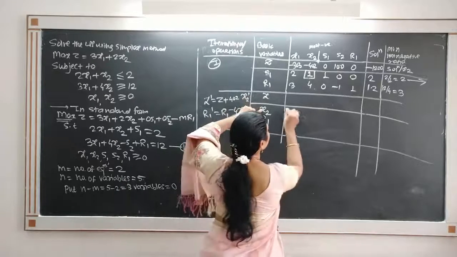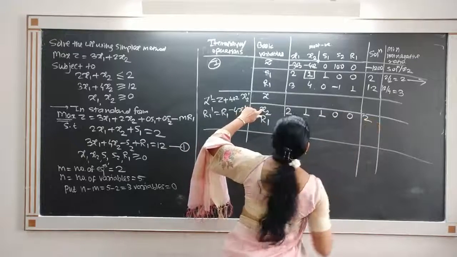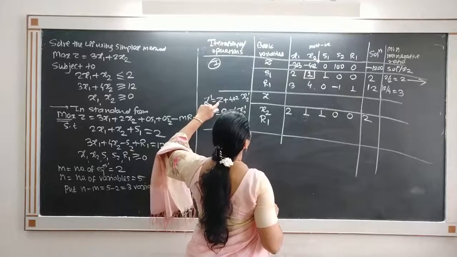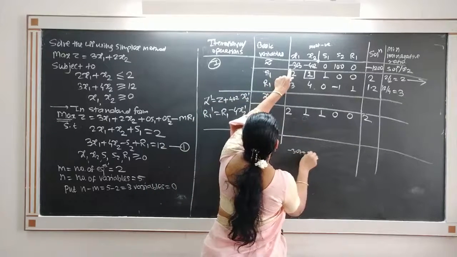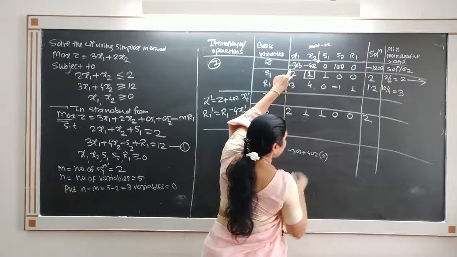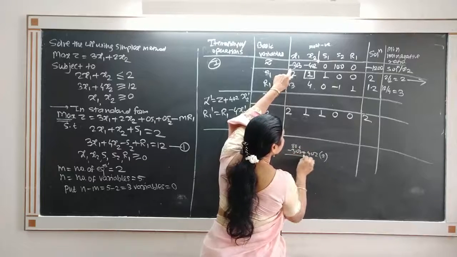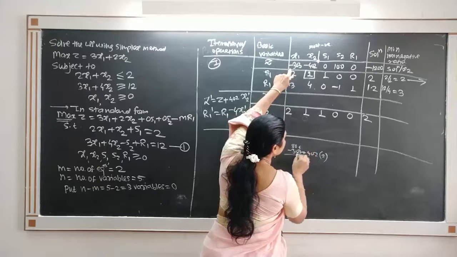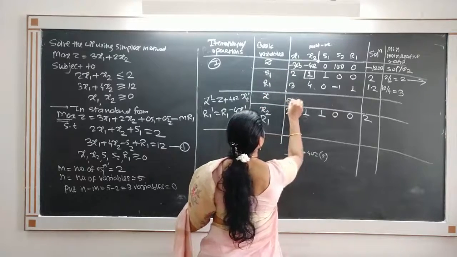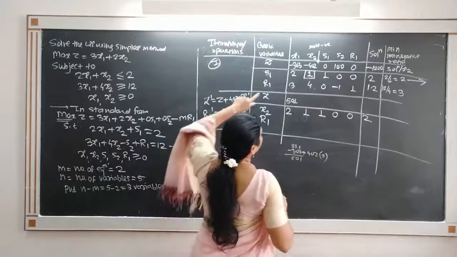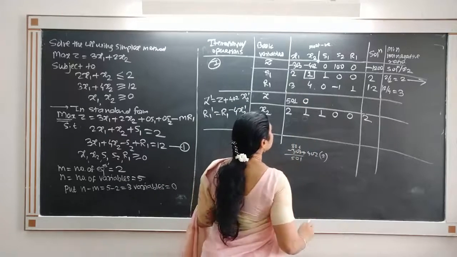So consider this row remains as it is because it already contains 1. Now do the operation. Z is plus 402 times this. So minus 303 plus 402 times 2, that is 804. So remains 501 with positive sign. So 501. This becomes 0. Minus 402 plus 402 becomes 0.